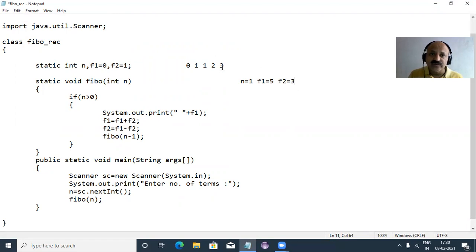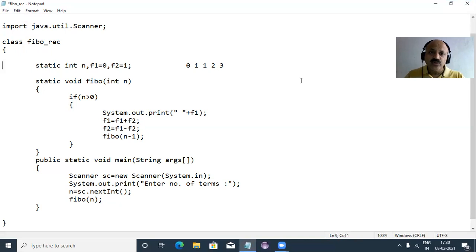Then n minus 1, but n is 1, so 0, and now the condition is false, n is not greater than 0. All of that is first a push and then a pop, because the recursion technique uses a stack algorithm.